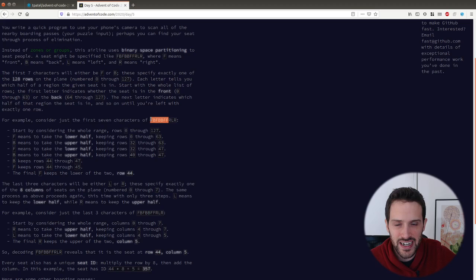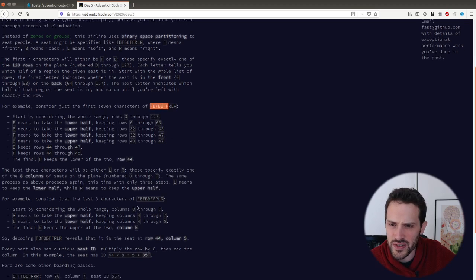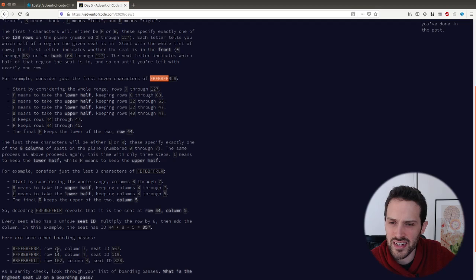There are 7 characters, I believe. A bunch of characters. Yeah, 7 characters that are indicating the row, if I'm correct, yes. And 3 characters that are indicating the column in the plane. And what you can see is that there is something a bit complex where they say, okay, you start by